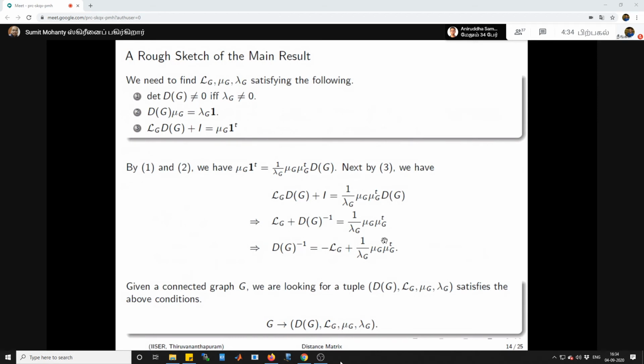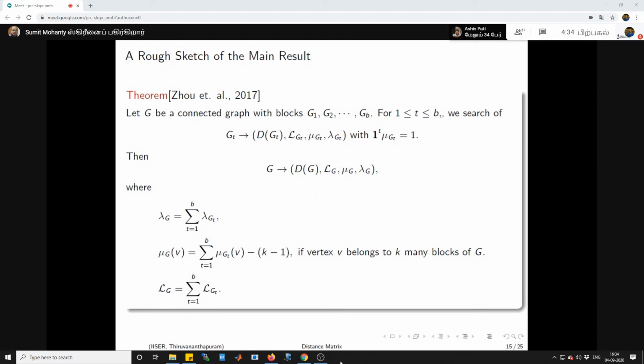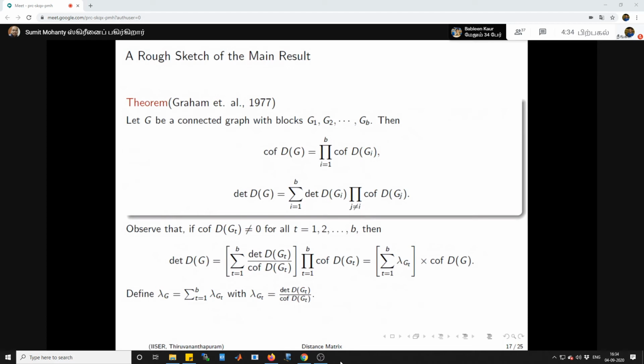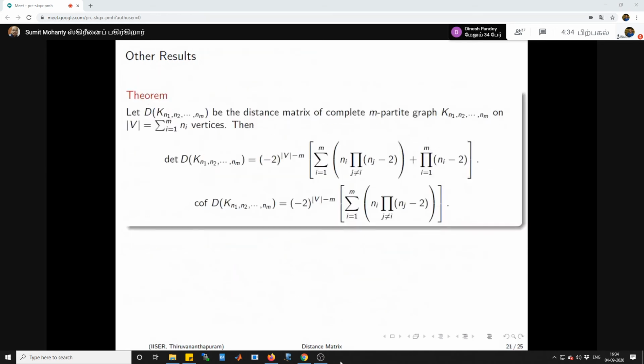But as I told you, we are basically extending the results of Bapat and Zhao's paper. Bapat dealt with the complete multipartite graph where each block is a complete graph, and Zhao did it for the case where each block is a bipartite graph. In that case, our result for the determinant agrees with both. If you put m equal to 2, you get the formula for bipartite. If all n_i are equal to 1, you get the formula for the complete graph.